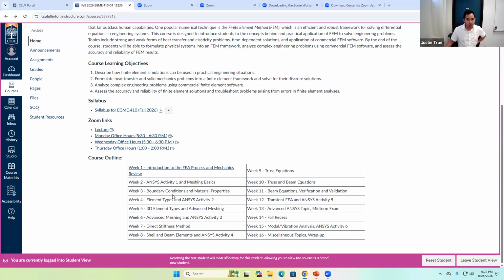All right, but probably the most important part of the homepage is the course outline. You can see here I have a week by week breakdown in terms of all the topics that we're going to cover in this class. Right now, most of it is not clickable just because we're only in week 1. But as we go through the semester, each of these links here become clickable. For instance, if you click on week 1,